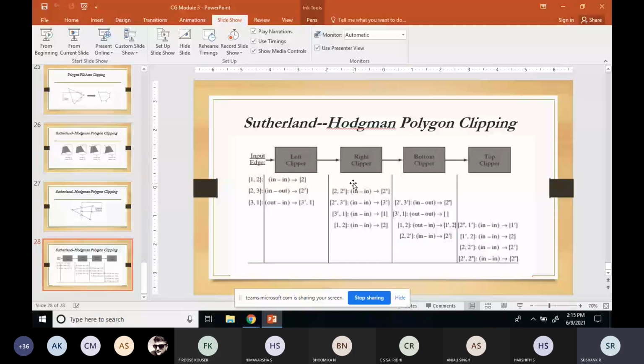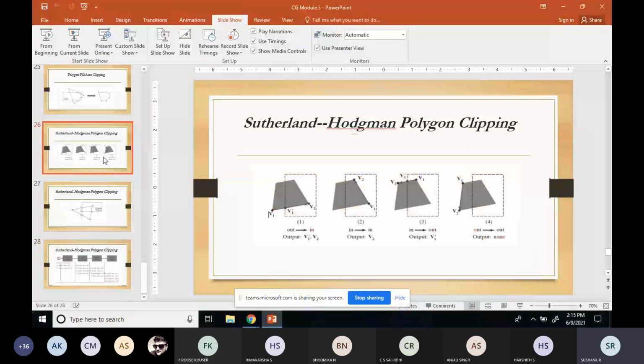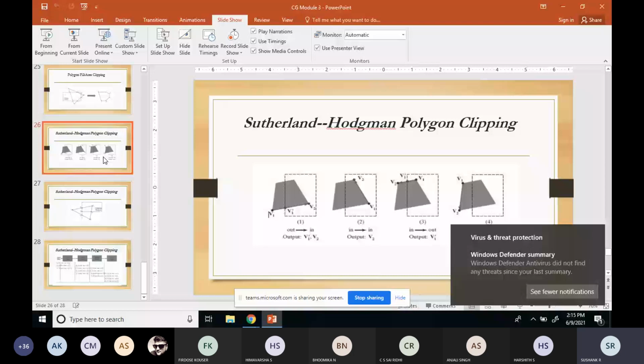In the textbook they have not given the explanation of solving this problem, just the figure. So I have explained how to solve this problem. If you want to solve this problem, first you keep this as the reference, and from that you decide.